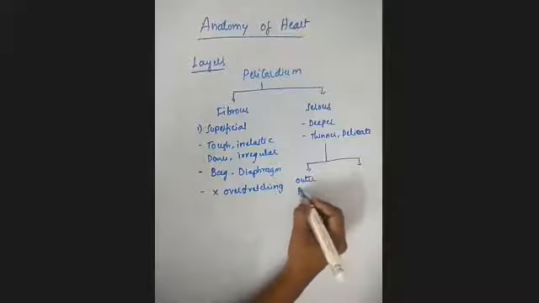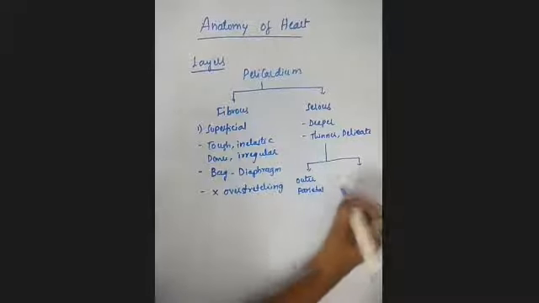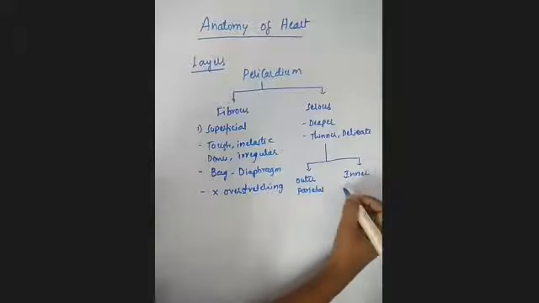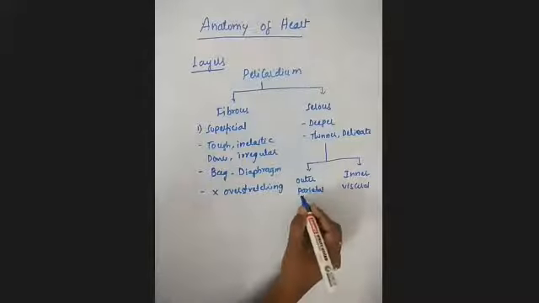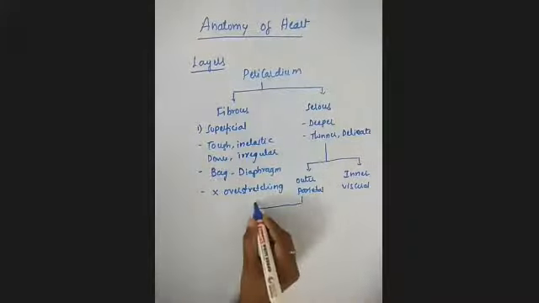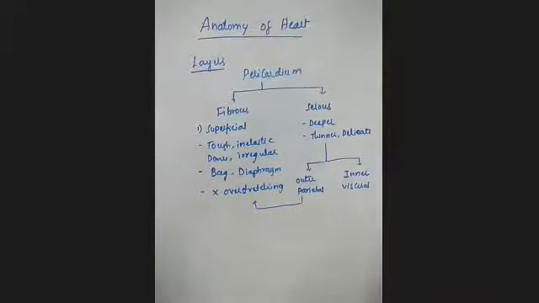Okay, outer parietal and inner visceral layers. Clear? And this serous pericardium, which is a deeper layer, is very thin and very delicate when compared to the fibrous pericardium. It is a double layer again, that is outer parietal and inner visceral. And this outer parietal is going to be fused with this fibrous pericardium,